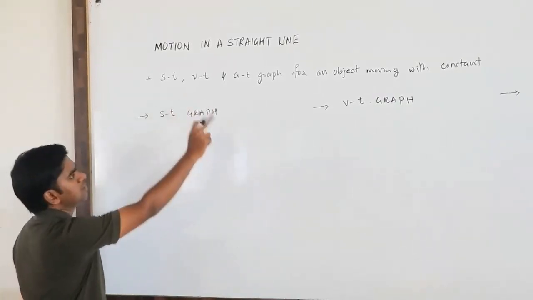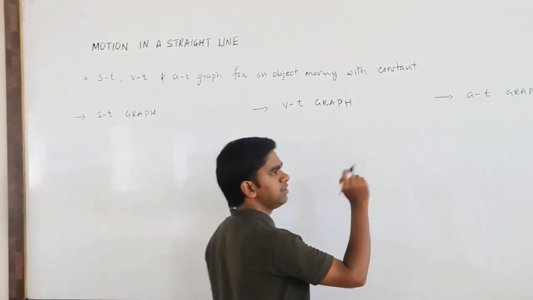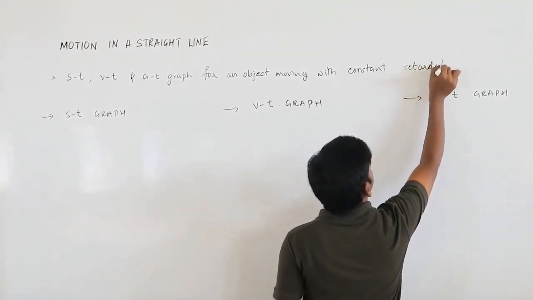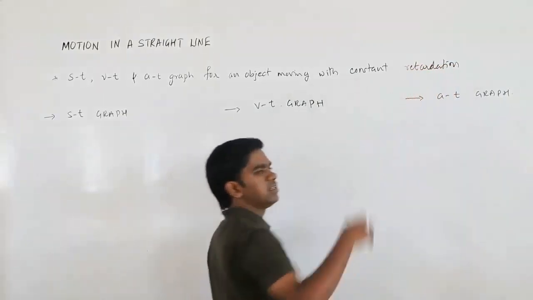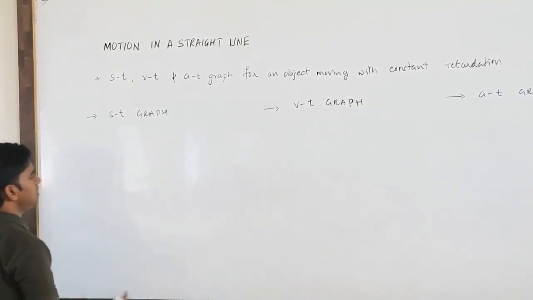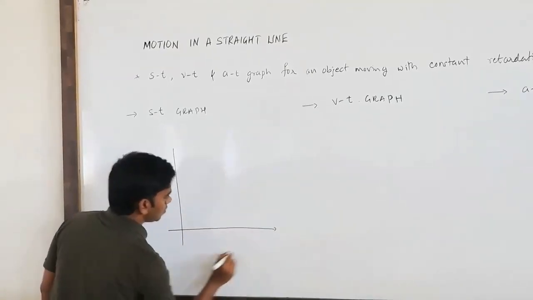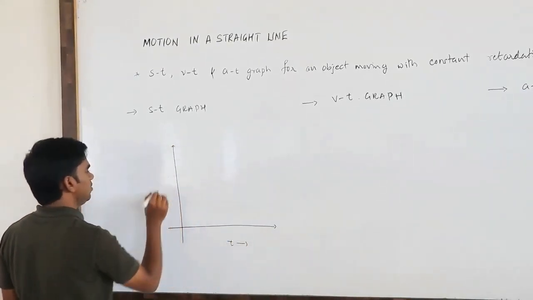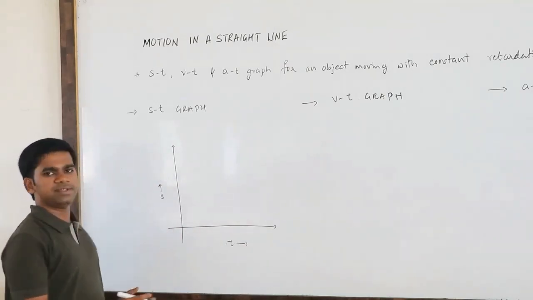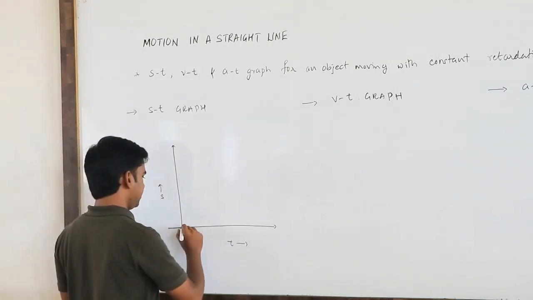Now next we'll plot all three graphs for an object moving with some constant retardation. Retardation means deceleration, where the velocity is decreasing. So if I want to plot the graph of position-time, you take time along x and position along y. Position should change in such a way that velocity decreases. If I plot the graph like this,